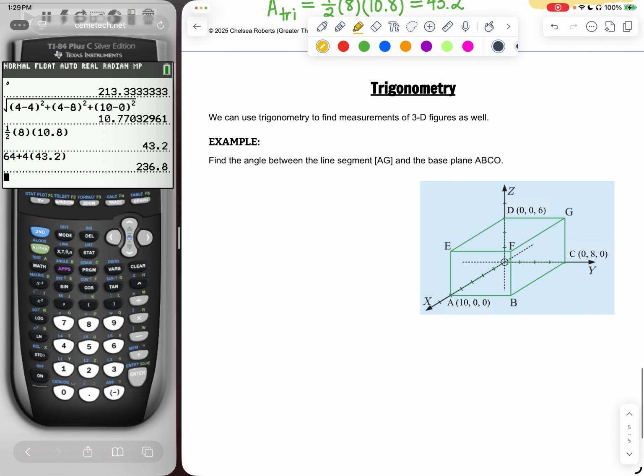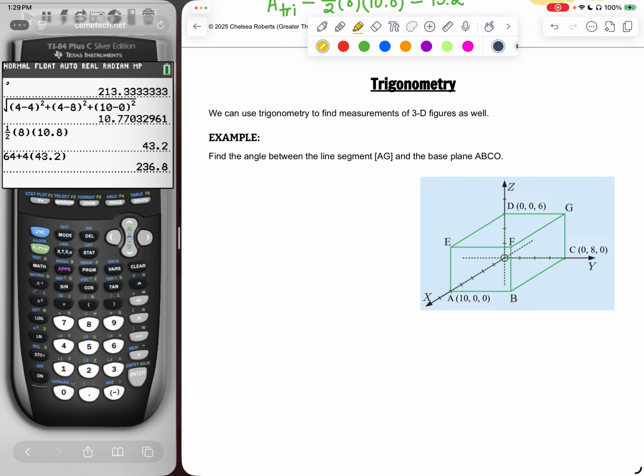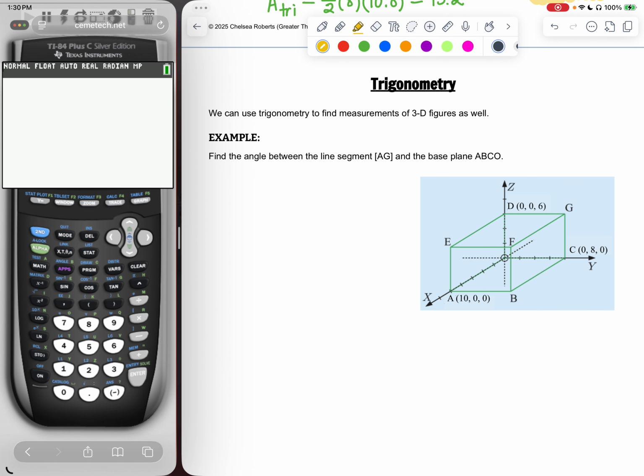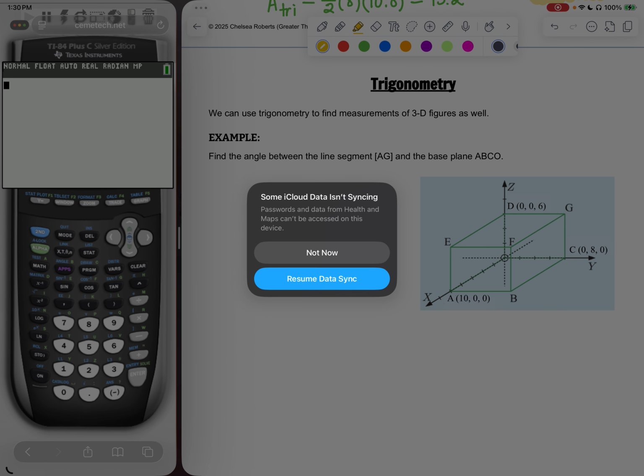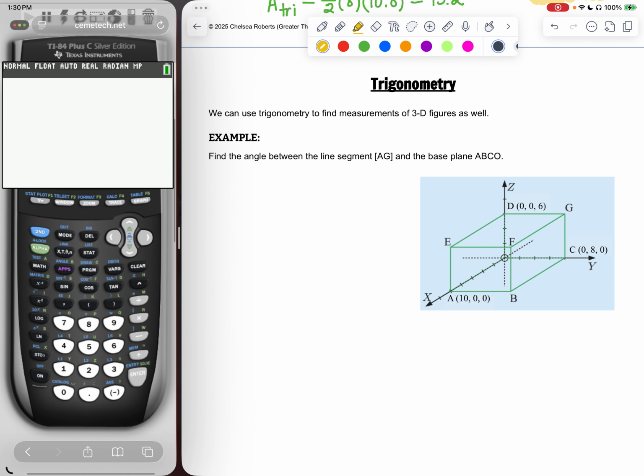Our last problem, while we're talking about trigonometry, we also need to realize that we can use trigonometry to find measurements of 3D figures as well. So it says here, find the angle between segment AG. So if I draw on my line to go from A to G, okay, I want to figure out how long that is, okay? I want to figure out the angle that segment AG is going to make with the base plane